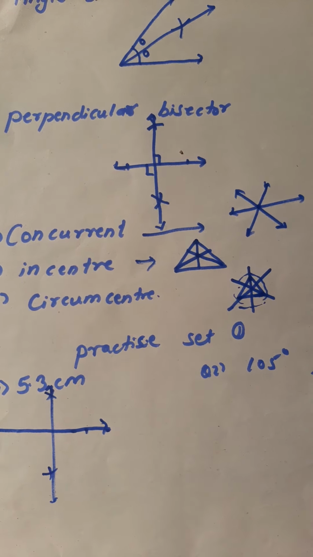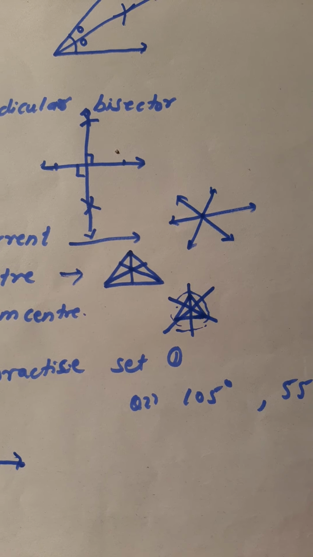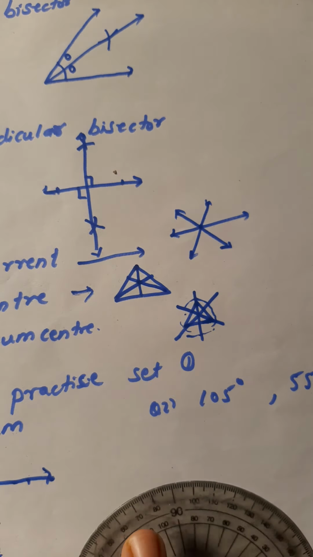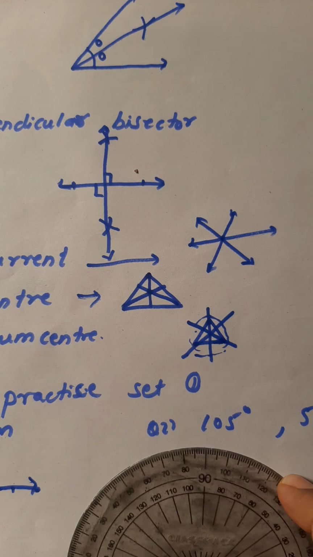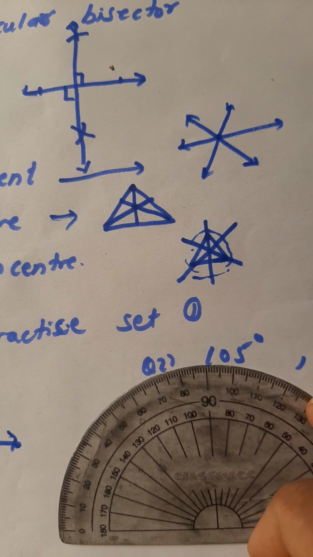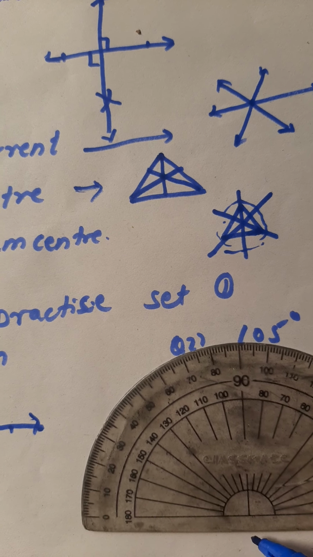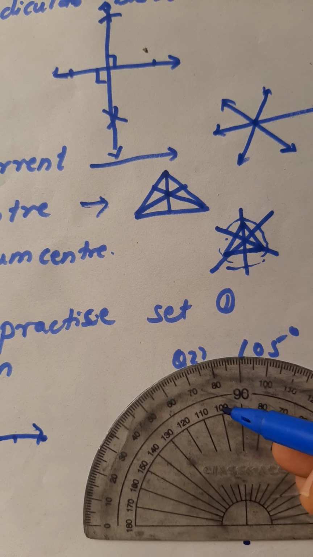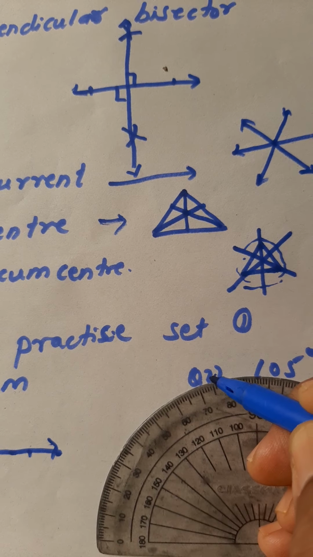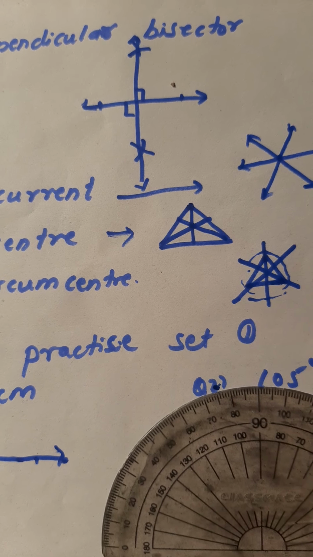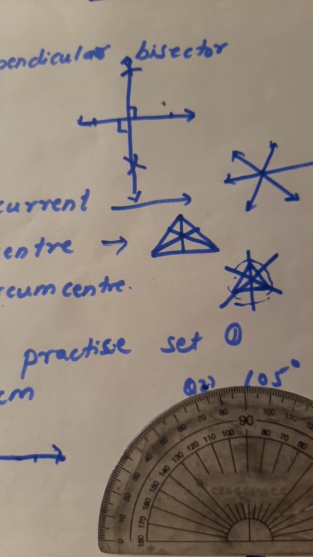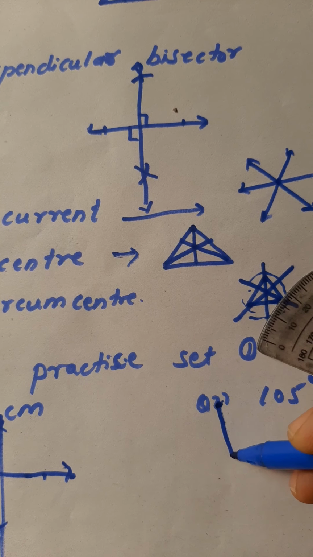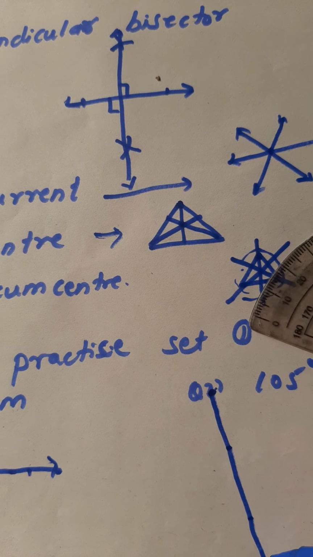Next example I will take, it is an angle, 105 and 55. How will you see 105? Take your protractor here. Okay, now this is the center point. You can see here, this is the center point, and we have to draw 105. This is 90. This is 100. 105 means what? It will come here, 5 lines further. Now when we draw this line here, the angle will come here. It is an obtuse angle.